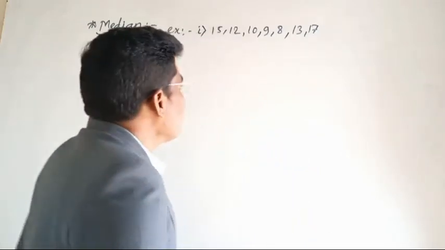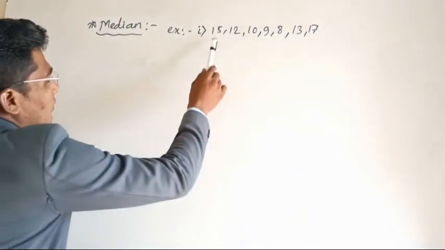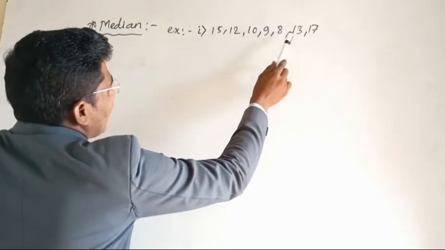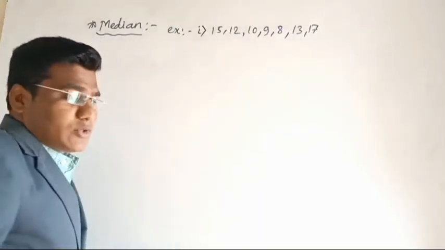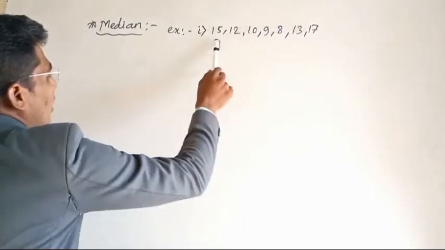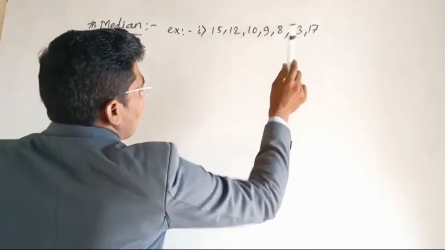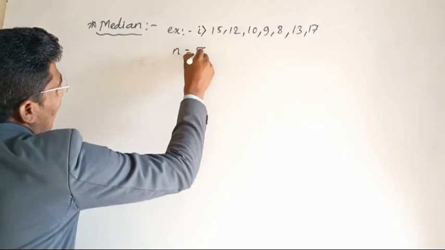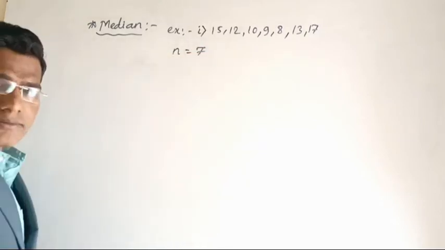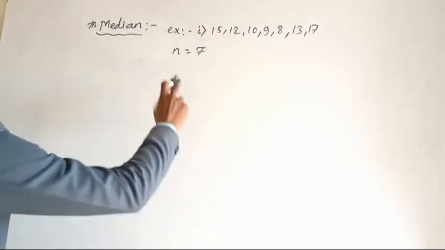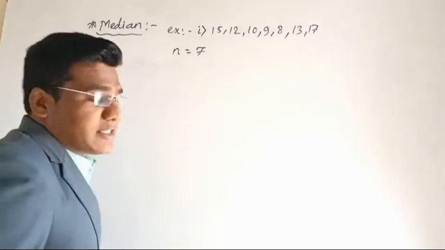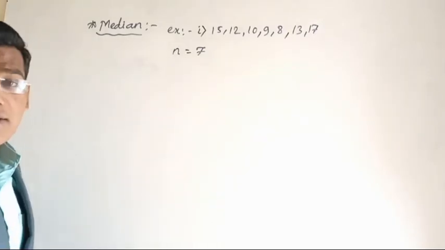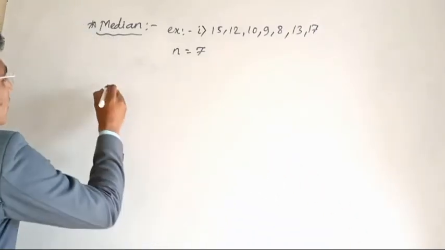Here the numbers given to us are 15, 12, 10, 9, 8, 13, 17. So the total number of observations is how many? 1, 2, 3, 4, 5, 6, 7. So the number of observations is 7. As the number of observations is 7, it means the number of observations is odd. Then the formula for the median,